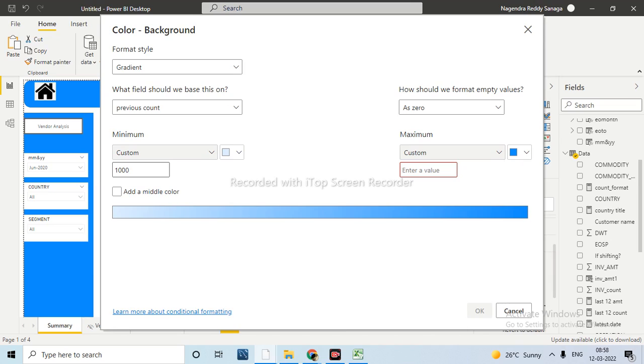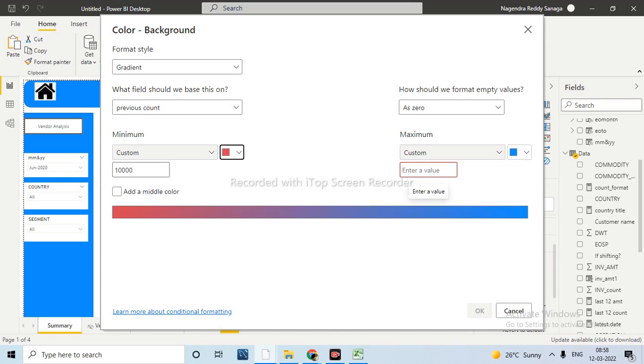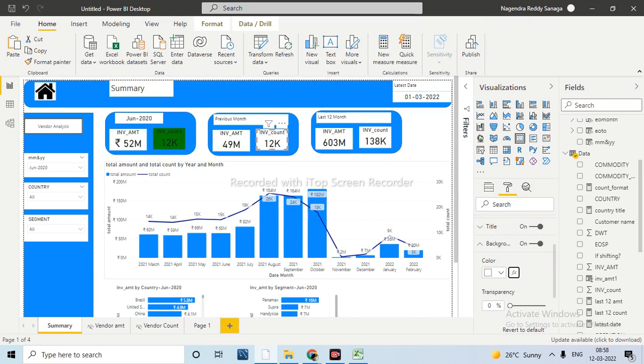Same thing I am passing. Minimum 10,000. That means red. Here I am taking 1 lakh. Let me take blue only. We'll see.